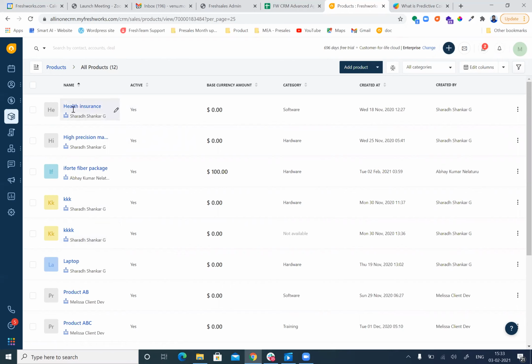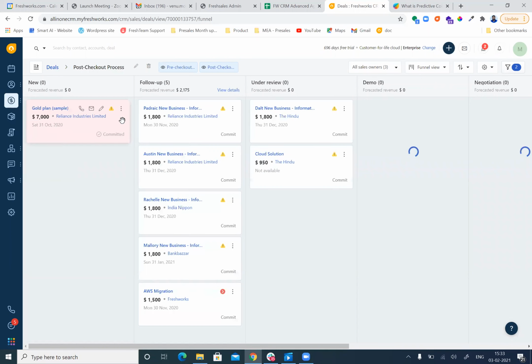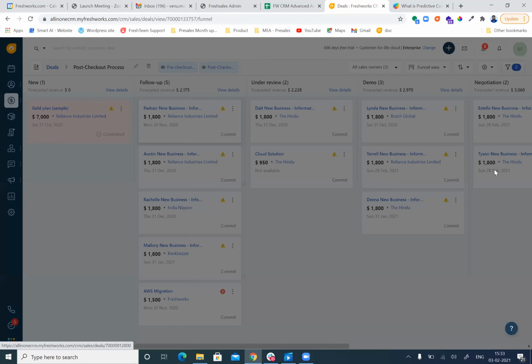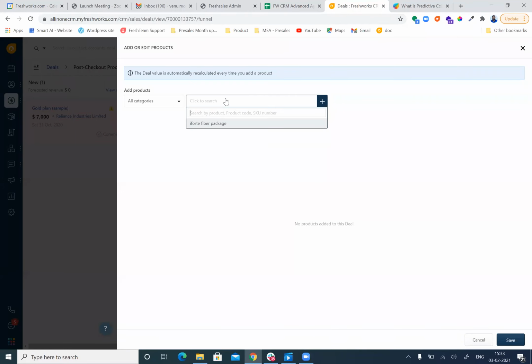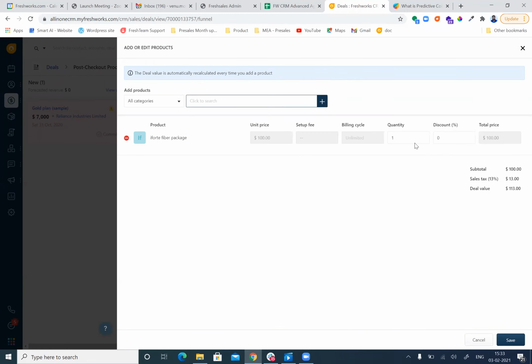Okay. And they would be able to maintain it as a product repository, as a product catalog. So for example, you have hundreds of products. Whenever a customer is coming to buy a few products, when you create a deal, you are able to add all those products here itself. You can just pull a product and add a quantity, like 20. And if you want to give some discounts for the particular purchase, you can also do that. By the way, the deal value will get calculated automatically.